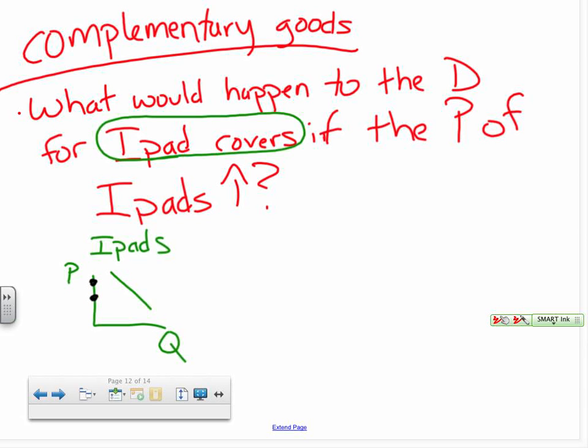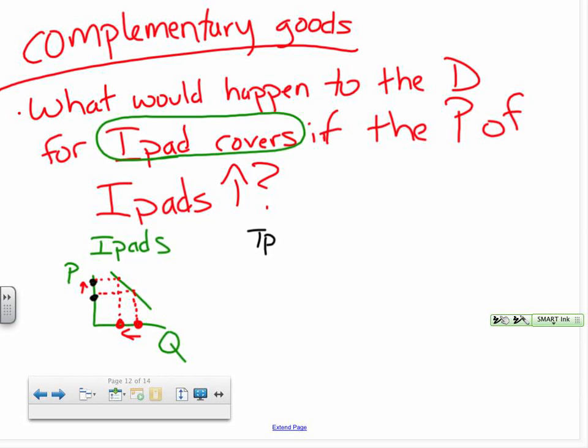meaning that the quantity demanded of those iPads does what? Oh, it went down. And that makes sense. If the price goes up, fewer people are going to buy it. So the price went up, quantity demanded went down. So that means fewer people are buying iPads. If fewer people are buying iPads because the price went up, what happens? Well, over here,